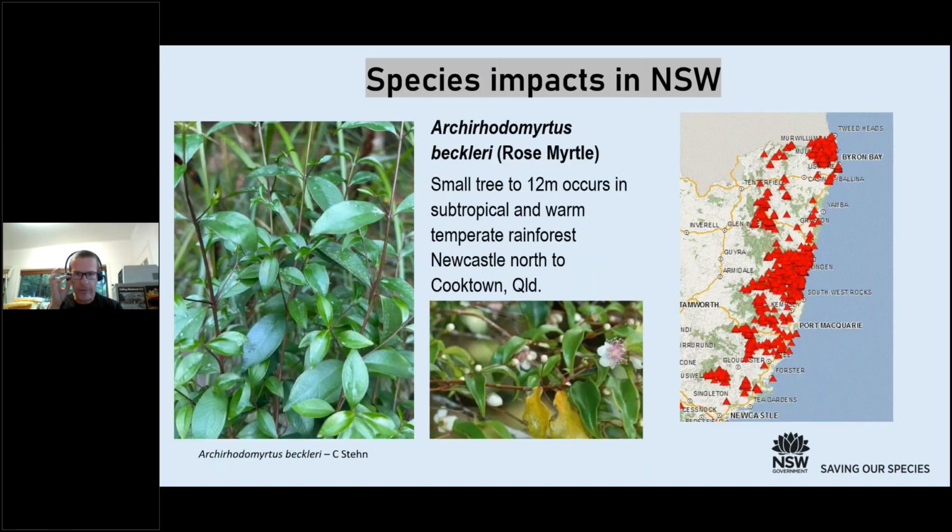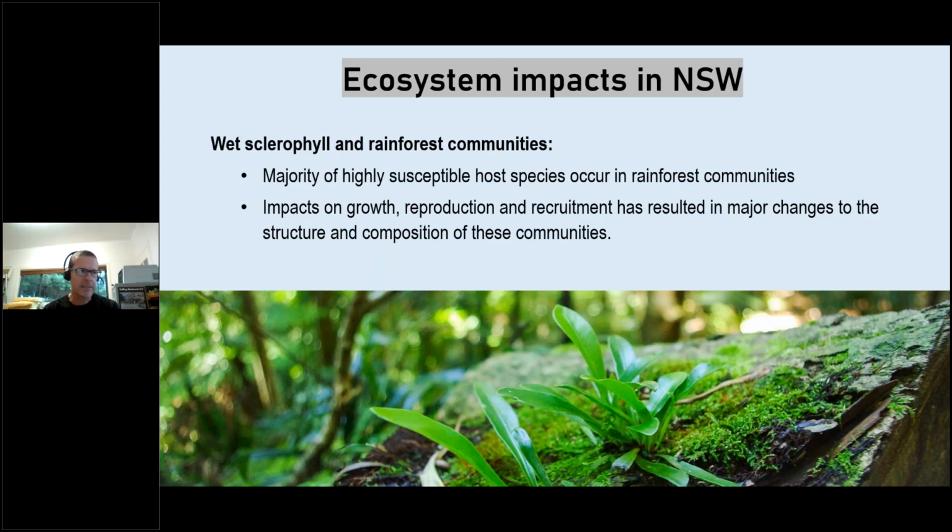And finally, the other one I've been looking at recently is Rhodomyrtus beckleri, rose myrtle. It's very widespread. It's quite common in New South Wales. It also occurs up in Queensland as far as Gympie in southeast Queensland, but then again in North Queensland between Mackay and Cooktown. So the species I've just mentioned,